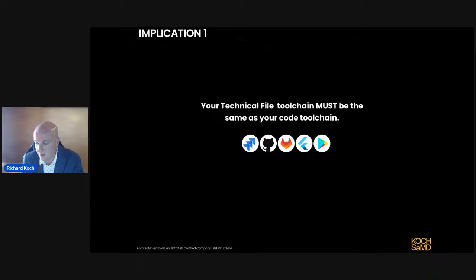Now, your documentation doesn't compile and run like software does, but I think with AI, there's a lot of tools that exist today that are coming that you'll be able to implement some level of AI review to give you even more insight and confidence on the quality of your documentation and the compliance of your documentation. So, a big gateway to those AI tools is having the content of your technical file in the right format so it's accessible to the AI.